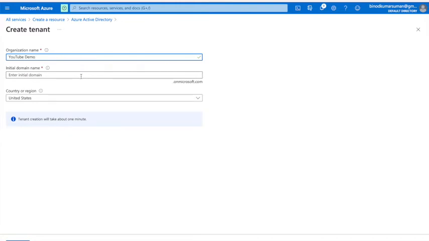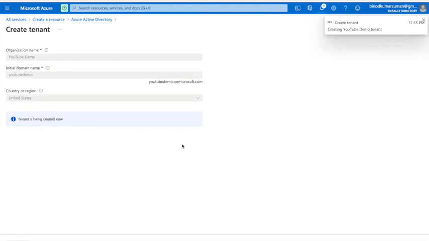So I can say YouTube demo something, and they will take this extension onmicrosoft.com, right? And you can give the region where it is. It is not that region, it is just the location of your office. Let it be the US and create it. It will take some time and it will create the tenant.